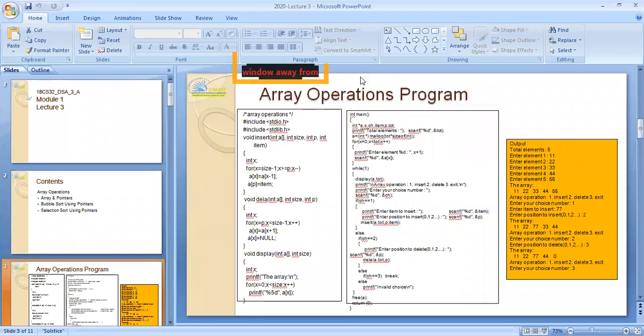For example, let's take Aishwarya and Anusha. I have already told you what a pointer is regarding Aishwarya and Anusha. Aishwarya is an array variable and Anusha is the pointer variable who knows the address of Aishwarya.